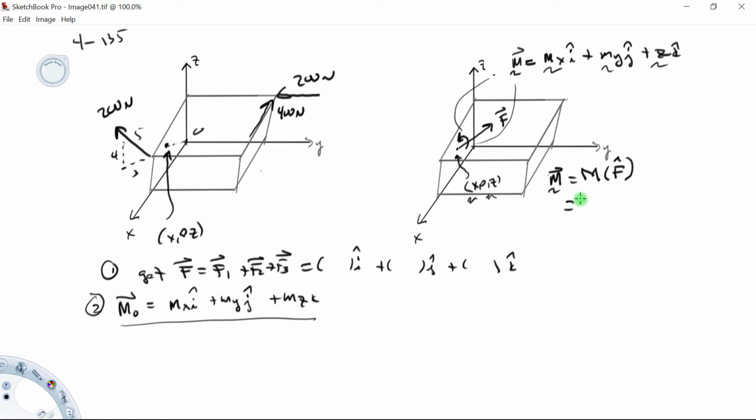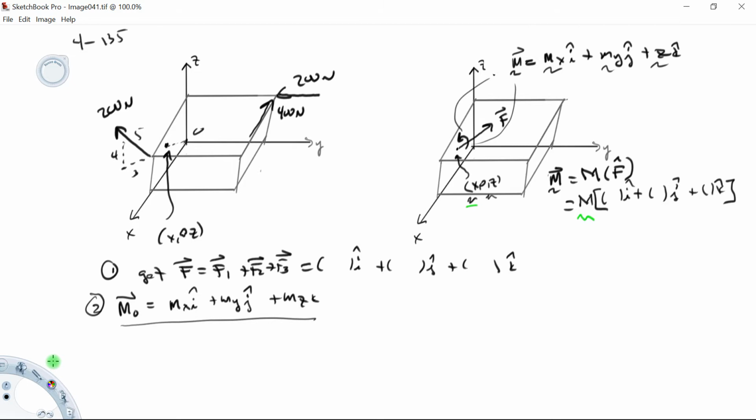So this will now look like some sort of magnitude times something i plus something j plus something k. Now when we look at this, and I go back and relook at our unknowns here, this will be an unknown, and then the two unknown locations. Now it's three unknowns, so this thing should be somewhat doable here. So now how do we get those three unknowns? Well, we're going to get it from